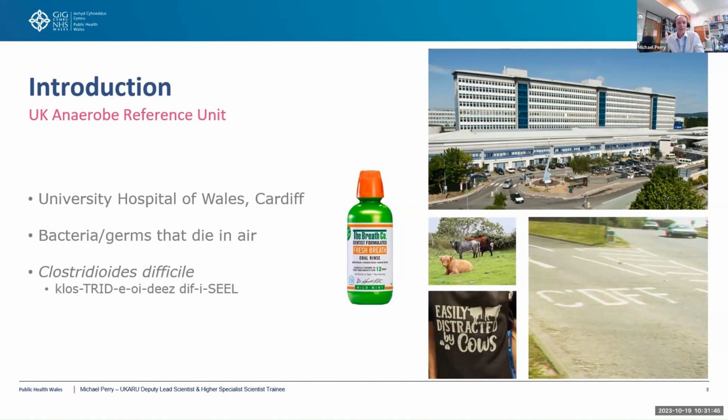As you can see there on the right and at the bottom, we have C. diff actually written on our roads in Cardiff. So it's good that we have a reference laboratory here in Cardiff, because it's obviously the place that it should be. And the pictures that I have there of cows and of my apron that my wife bought me a couple of years ago for Christmas, or should I say Father Christmas bought me,